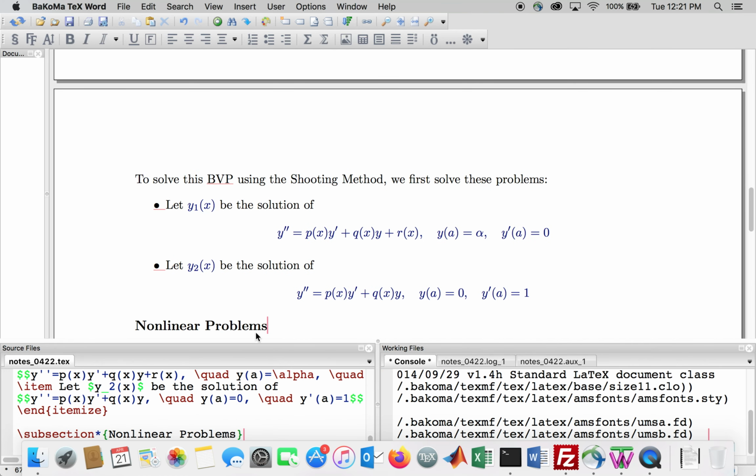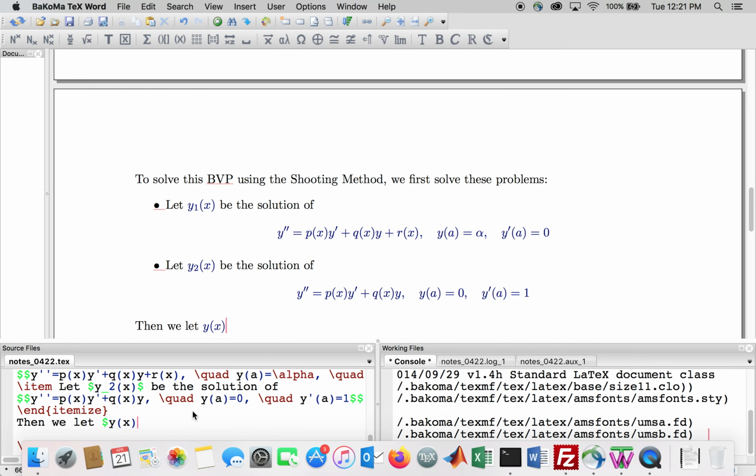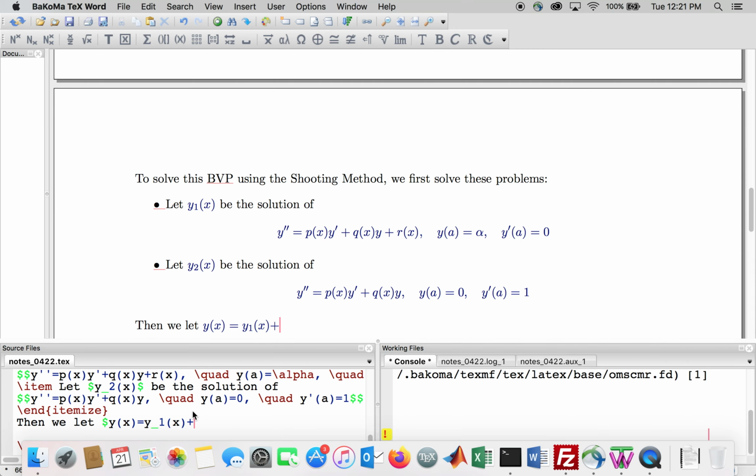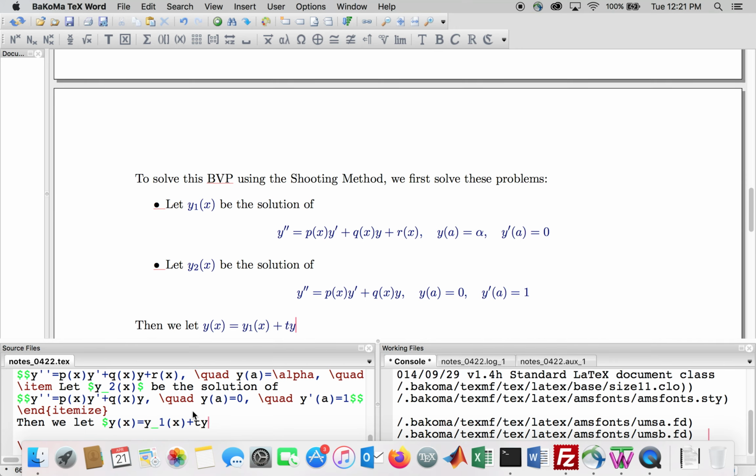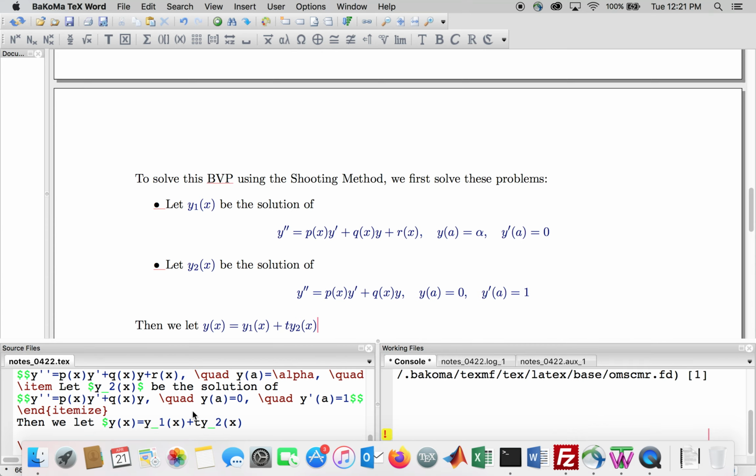Okay, now how does that help us? So then we just let y, our solution y, be equal to y1 plus t y2. So the thing is, y1 is already a solution of our ODE. Now, if we take this linear combination, y1 plus any multiple of y2, whatever that multiple might be, so y2 satisfies this. So this linear combination will satisfy the original ODE, because if I were to substitute